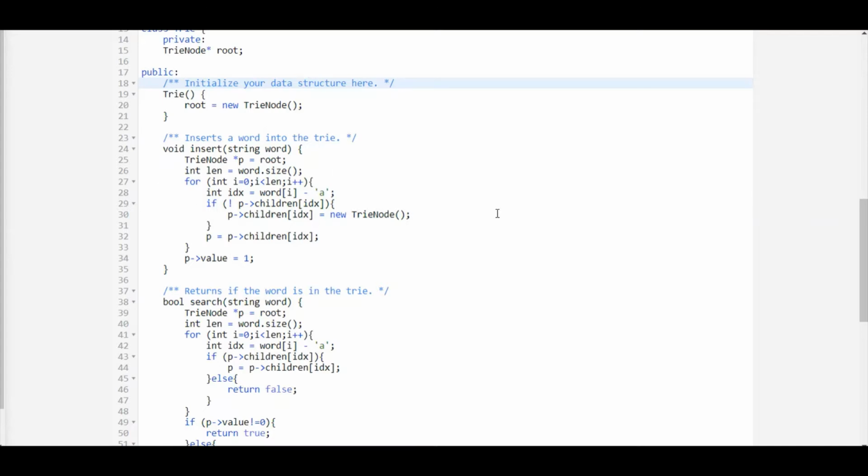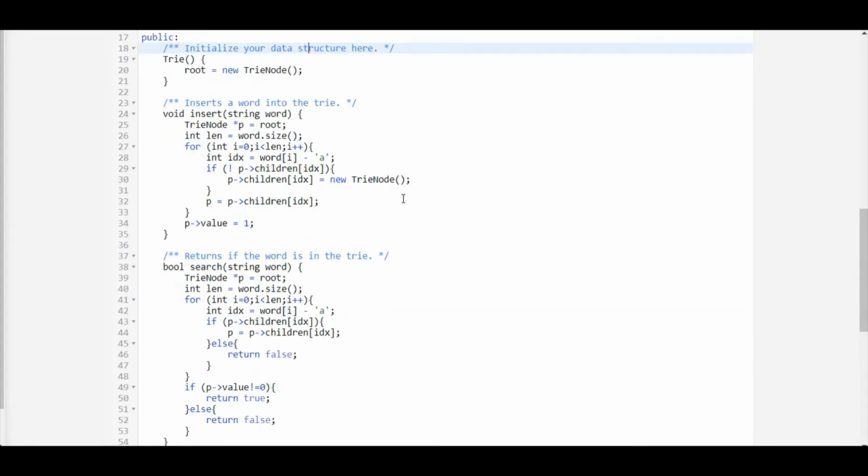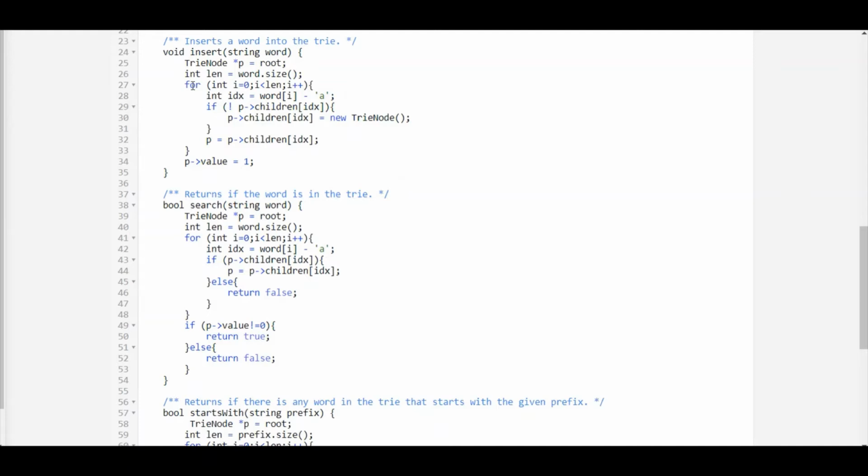Now first the insert function. Inside insert, what we will do is make a new node P and initialize it as the root, so that our root does not change. After that we have found the length of the word that has been passed and then iterated over it, and inside that we have first found the index, which is just subtracting from the ASCII value.